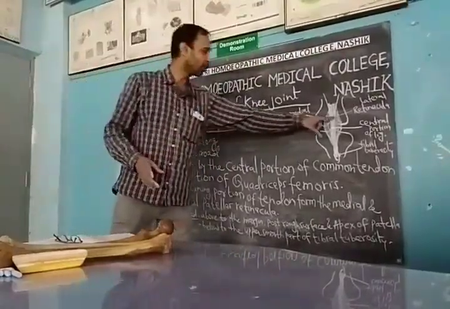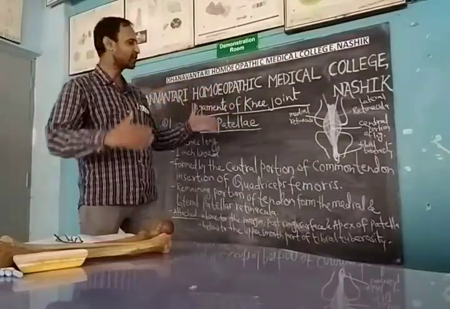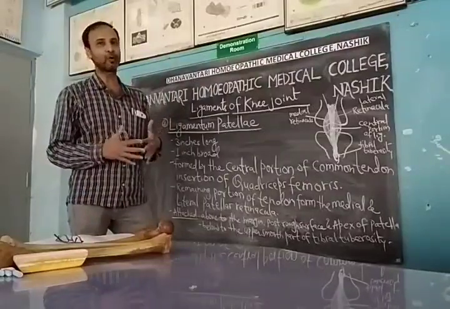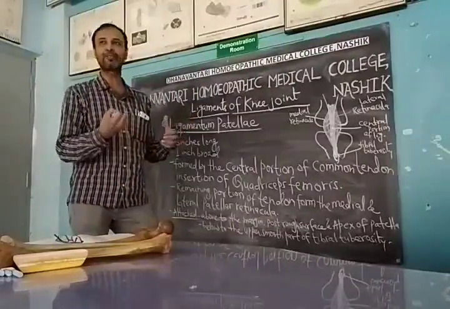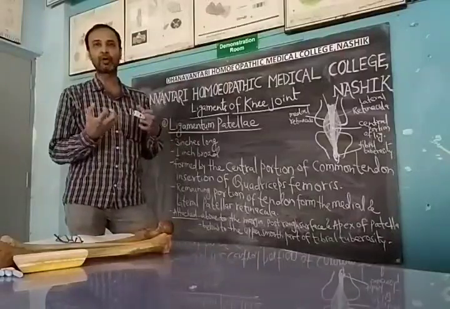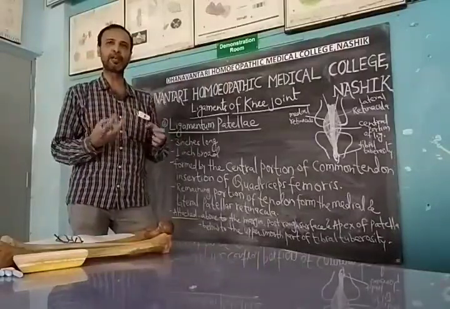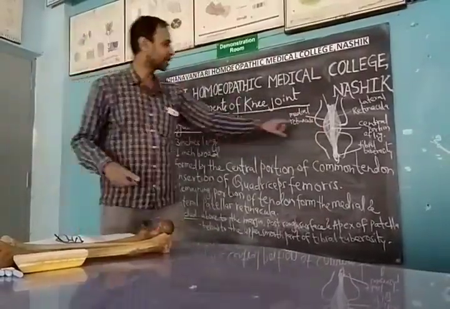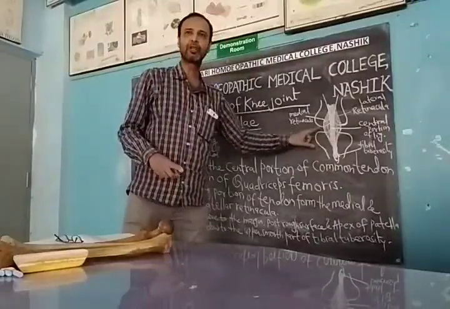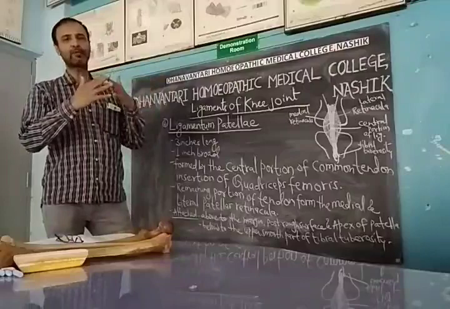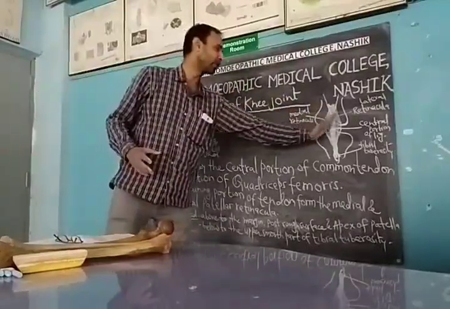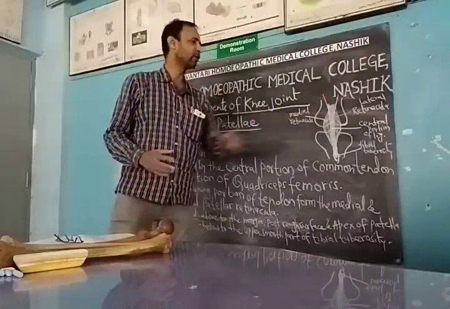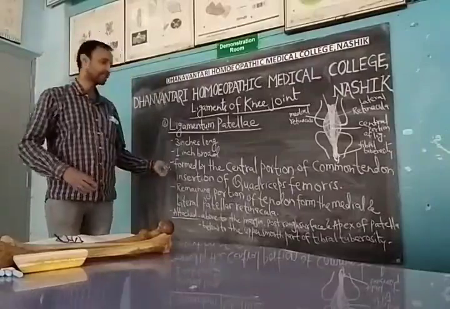Now its lateral and medial margins, the ends, are attached to the patella. They form the lateral and medial retinacula, which give support to the fibrous capsule. We have discussed that the fibrous capsule is very thin, and to give it strength, the strengthening is by these two retinacula, the lateral and the medial retinacula, which attach to the margin of the patella. They are formed by the portion on either side of the central part of the tendon, which gives us strength. So this is what we have discussed about its formation.